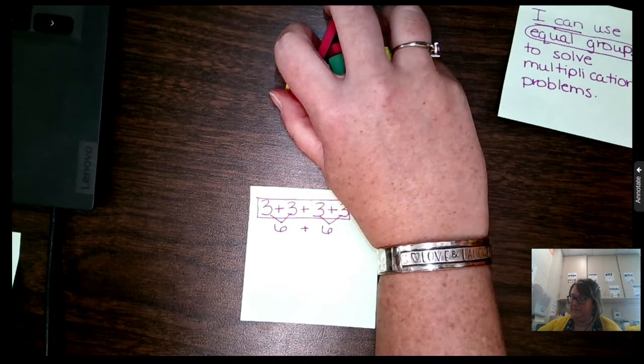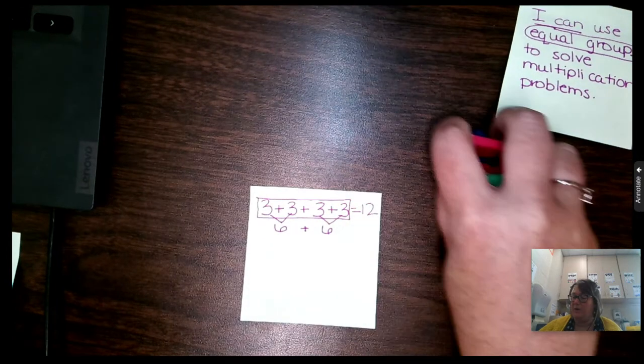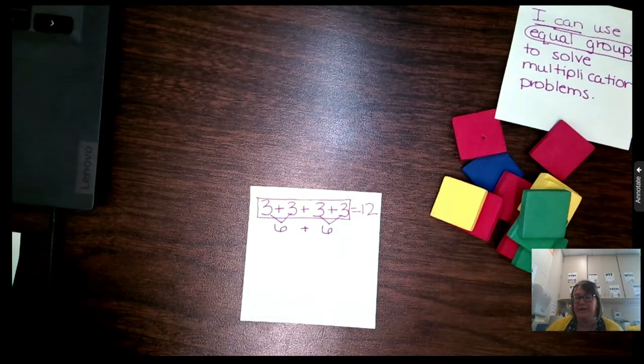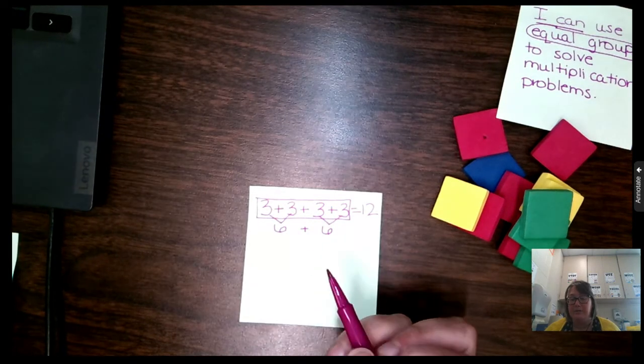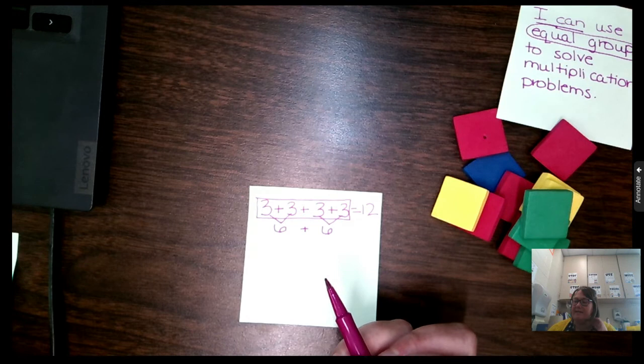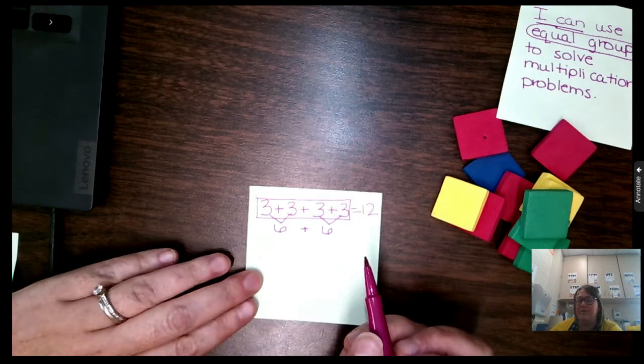Okay. And actually, I'm sorry, boys and girls, what I wanted to do before that is, yes, we did an amazing job with our repeated addition. I want to make a multiplication sentence. Hello, we're multiplying, right? That's the fun part about our lesson today, is that we're multiplying. So if I have those 4 groups of 3,